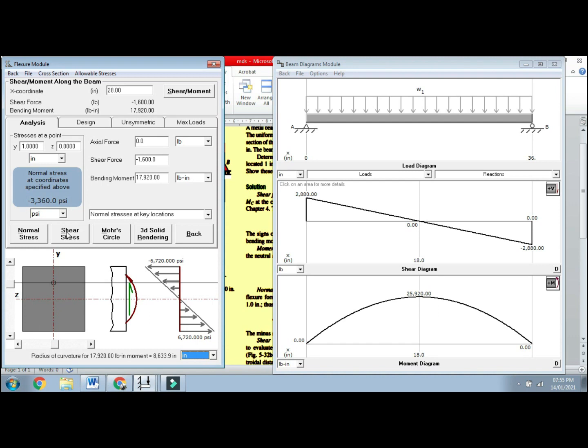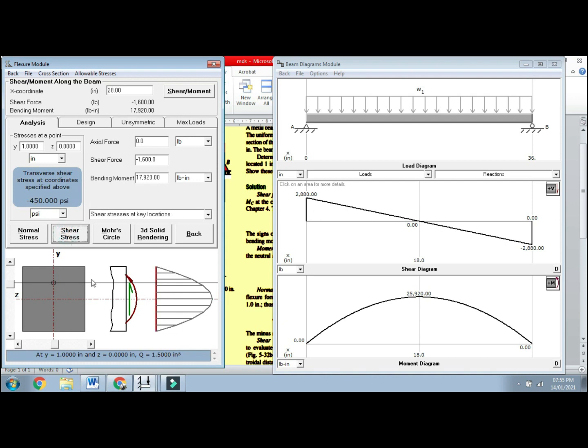Okay, we also want to know what is going to be the unique shear stress at that unique point. So let's see what happens. The shear stress again at the neutral axis comes out to be maximum. It's a parabolic profile, and if we go and see, at this point it's coming out to be minus 450 psi. But we see in the book,